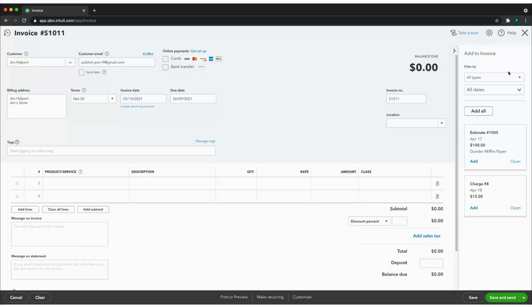What this is, these are just transactions on Jim's account from the past. So there was an estimate that I created for him. There was also a delayed charge, meaning that I'm supposed to charge him an amount in the future, a delayed charge in this case. So QuickBooks Online is just asking me if I want to add these amounts to this invoice. So you can go ahead and add these in. I'm not going to cover that in this particular tutorial. I do cover that in my full course, but for the time being, I'm just going to go ahead and